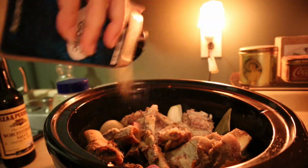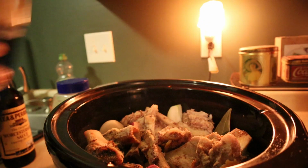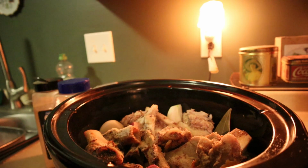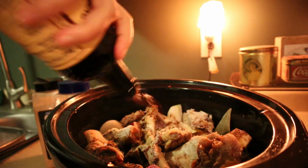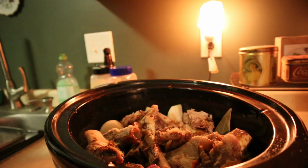All right, garlic. I just put a generous sprinkle in there. I don't know, maybe a teaspoon. And then the Worcestershire sauce. Again, probably 1 or 2 teaspoons worth. And then what you do